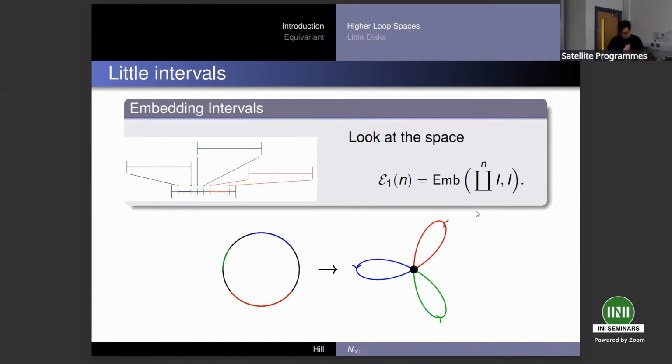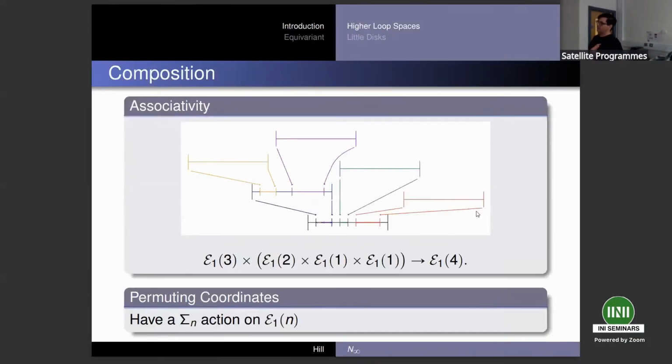And Stasheff noticed, and also essentially contemporaneously, Boardman and Vogt built a way to say this structure actually is determining everything about my loop space. If I have the coherent collection here, then I can do it. So what sort of things did I need to talk about the coherence? I need this composition. And composition's a little confusing in this sense.